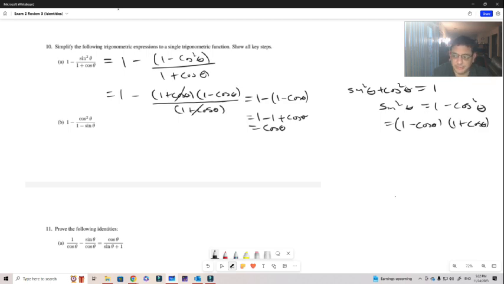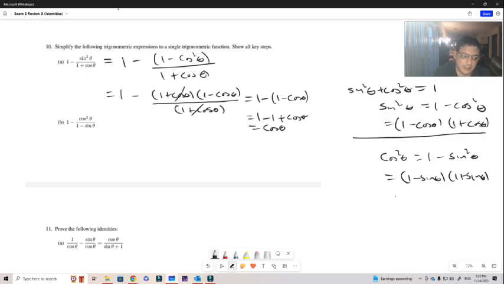Number 2 is a very similar thing, but instead of doing it with the sine, now we're doing it with the cosine. So it's exactly the same thing. Cosine square is 1 minus sine square. And so I can see that as 1 minus sine, 1 plus sine by the difference of squares. And so in the same way, this is 1 minus sine square of theta over 1 minus sine of theta, and this is 1 minus